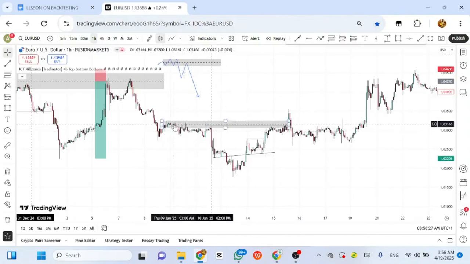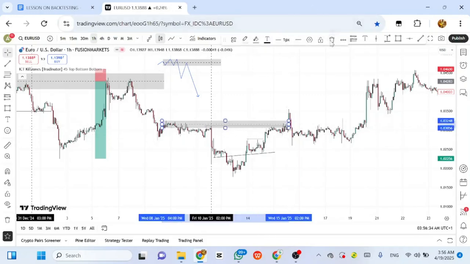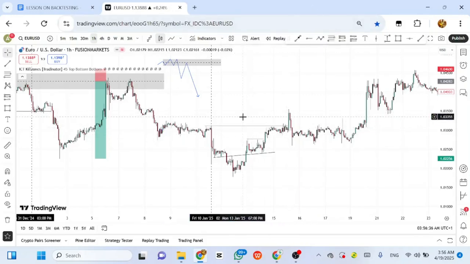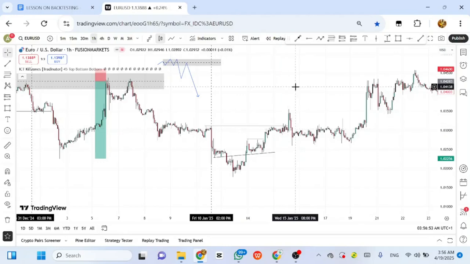This structure now, see the zone, market broke out. So this is what I'm saying, market broke out. Okay, so what will I do now? I'll just go and mark my supply and demand zone. So now what happened? This was the zone that consolidated to break out. So this is my demand zone. In this case now we are buying, this is my demand zone. You get the point, because this is where the market accumulated to buy.